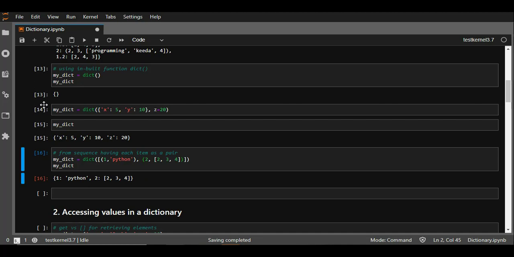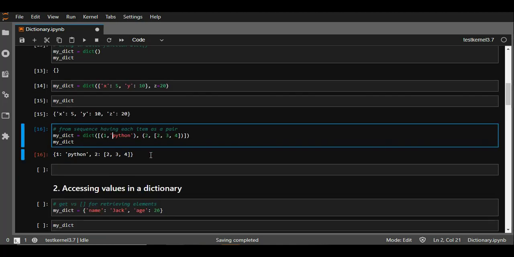where it will just iterate over the first tuple and assign the first value inside it as a key and the other value as the value of it. And same for another tuple. This assigning is called keyword arguments since we are assigning keywords over here. Right. I hope we are clear until this.